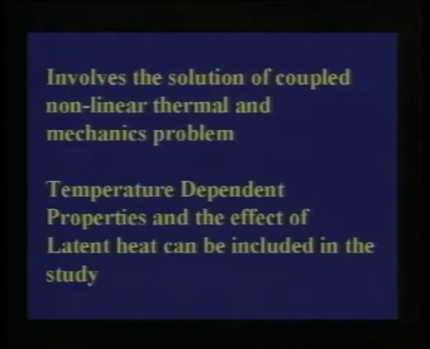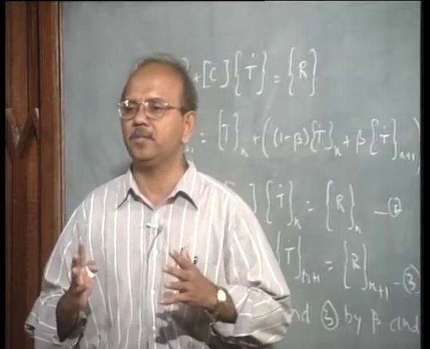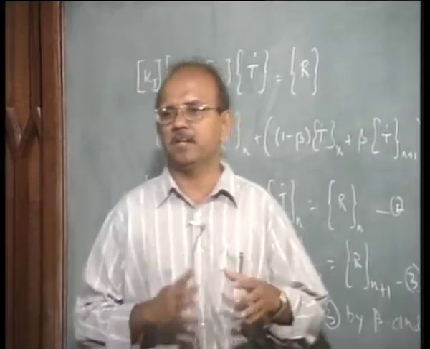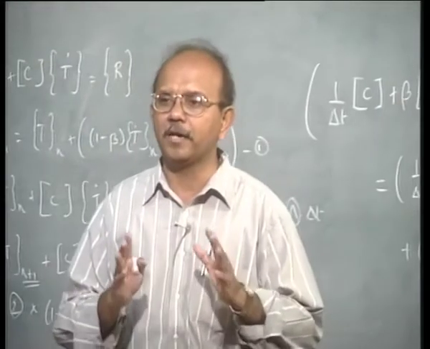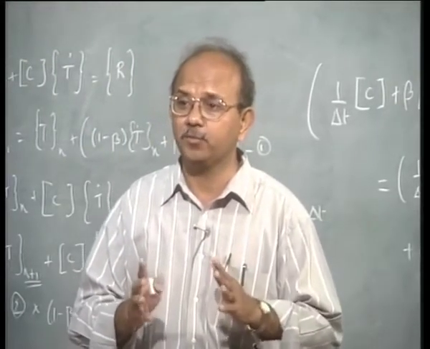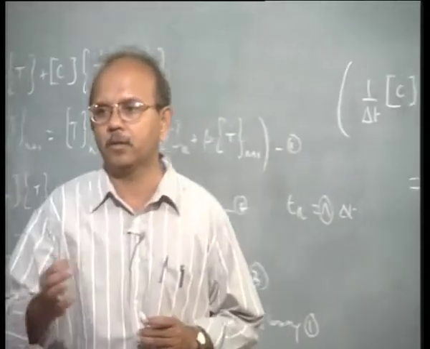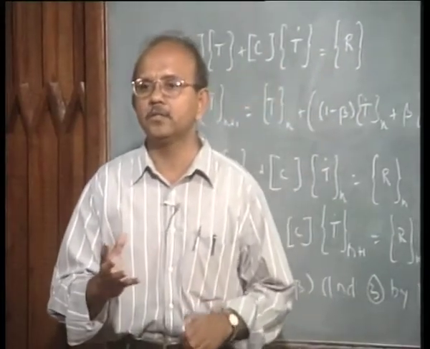There is one more thing that you see there. What is it? Latent heat. So there are a number of ways in which you can treat latent heat. It can be treated as Q or the heat input, or it can be treated as a variation in Cp and so on. There are latent heat models that are available, but right now I hope you understand that latent heat has to be treated carefully. One of the ways in which we can do it is, what is latent heat?